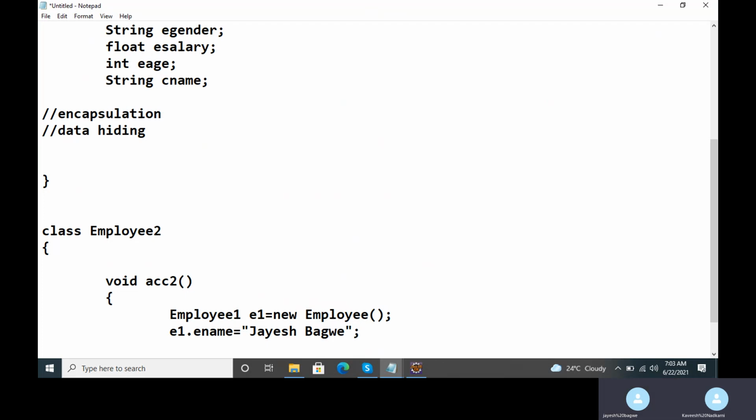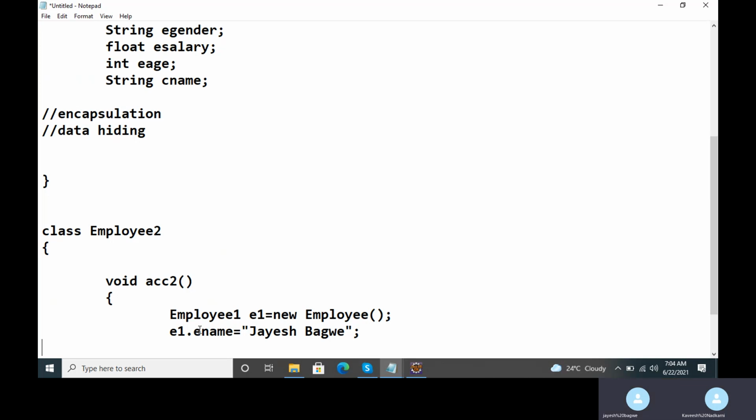So the thing here is now, if you are able to write such a statement in the program and change the value for the ename data member for the e1 object inside the body of the except2 function of class employee2, then this is not a good programming practice, Jayesh.